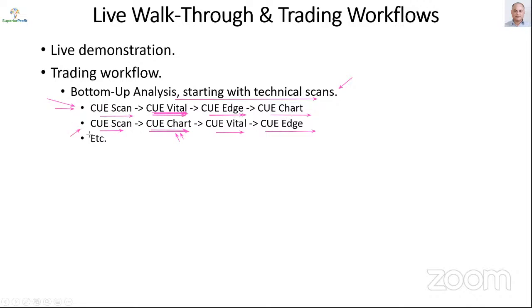On the other hand, if the scan result gives only a handful of stocks, then I may look at their charts first before going to vital and edge. You may look for seasonality also somewhere in the middle. Though seasonality is not a key criterion for my trading, you are able to do that also as part of your workflow. So the scan that I ran just now didn't give me any trade setup,